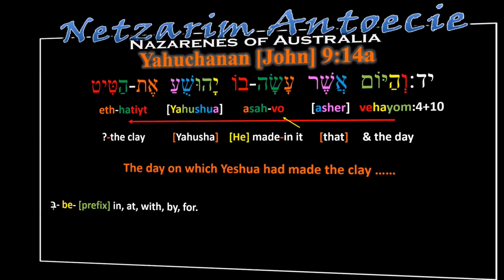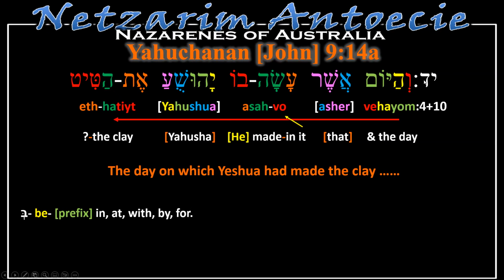And so we now come to 14a. It's represented with a yod and a dalet. Yod is 10, dalet is the fourth letter of the alphabet. Then we have vav, hey, yod, vav, memsofit, aleph, shin, resh, ayin, sin, hey, bet, vav, yod, hey, vav, shin, ayin, aleph, tav, hey, tet, yod, tet. And we read it. Ha-yom, the day, asher, that,